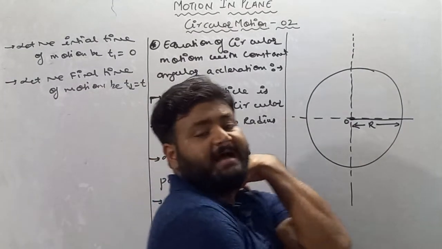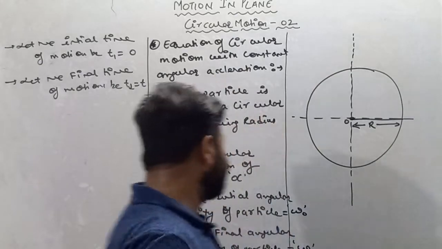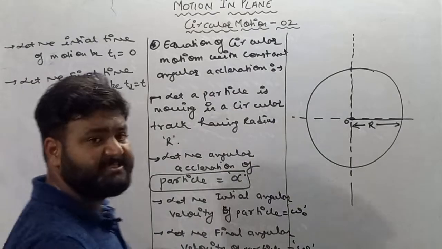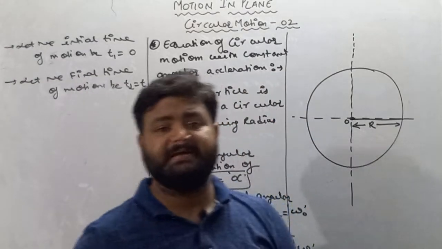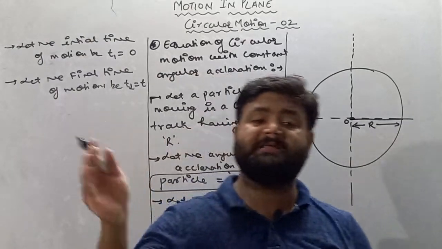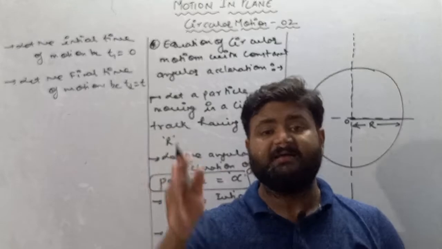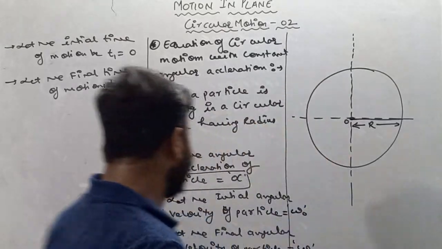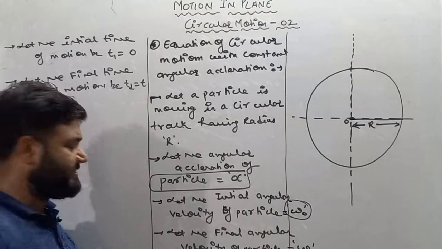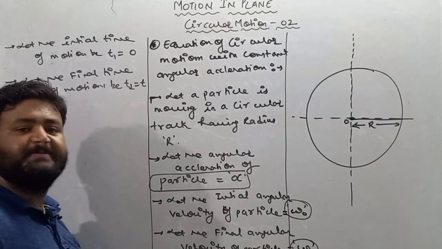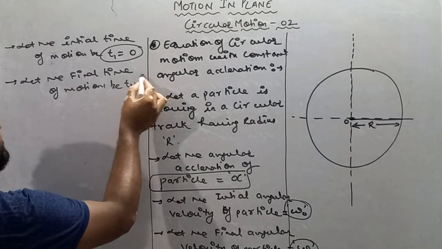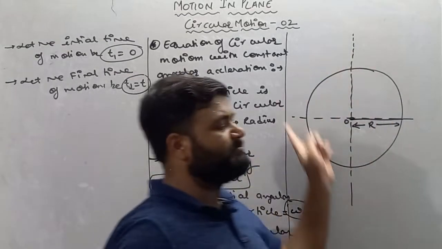So my dear student, I am considering a few things: angular acceleration is considered to be constant, and these equations which we will prove are always valid if angular acceleration is constant, similar to motion in straight line, in which all the equations are valid if the linear acceleration is constant. Initial angular velocity is omega naught and final angular velocity is omega. The motion is starting from t1 which is 0 to t2 which is t.